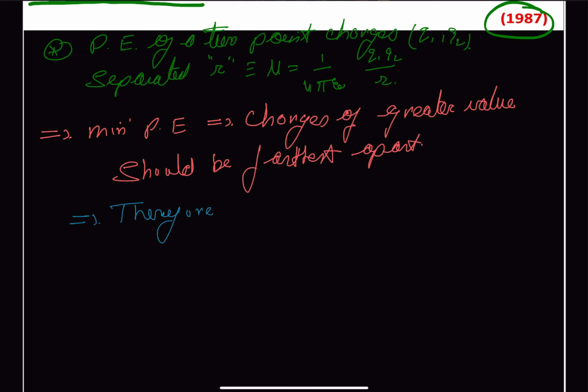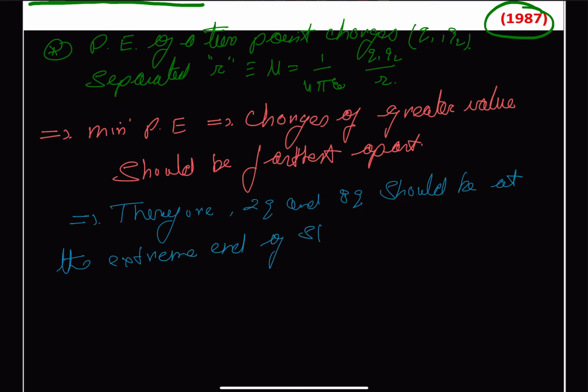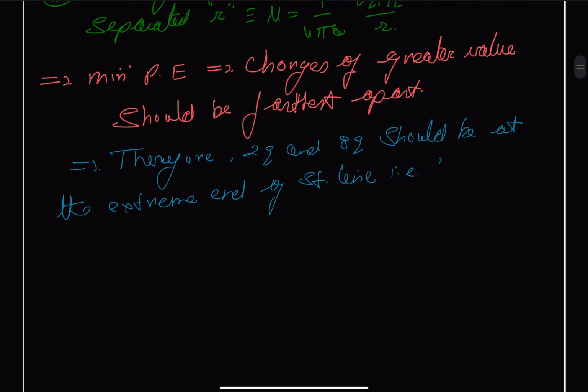Therefore, 2Q and 8Q should be at the extreme end of the straight line, or we can say that the distance is given as 9 centimeter apart. And from here we can also draw one important conclusion, that charge Q